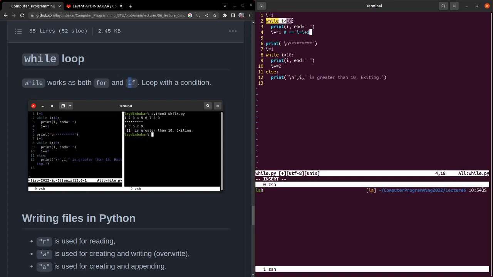It comes here and checks if 2 is smaller than 10. Yes, then it is printed. Then it comes here and makes it 3 this time. 3 is smaller. 4 is smaller. 5 is smaller. Until 10, it goes to here. When it is 10, then it jumps to the 5th line. Okay. Now